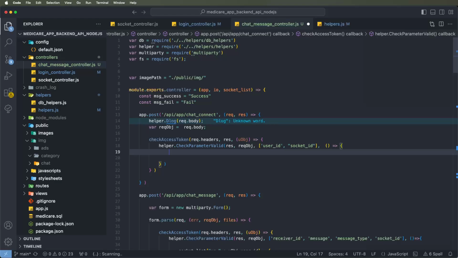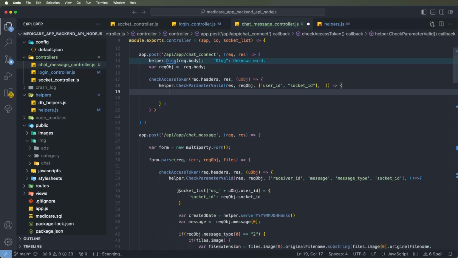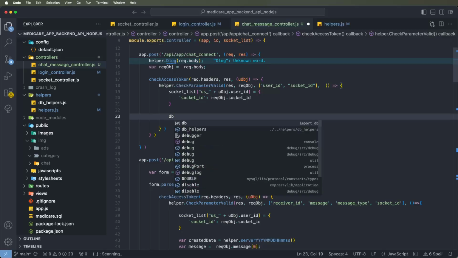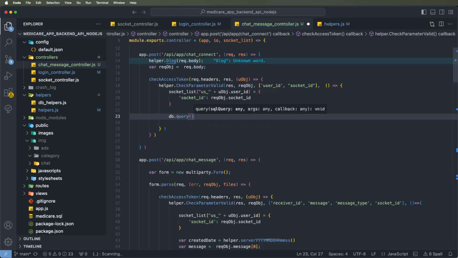Now first of all we need to update the socket information. We copy the functions we wrote yesterday and put them here. Now we need to check whether these users have deleted messages. We need this data, so we write a db query to check the delete records information and get the last data: select